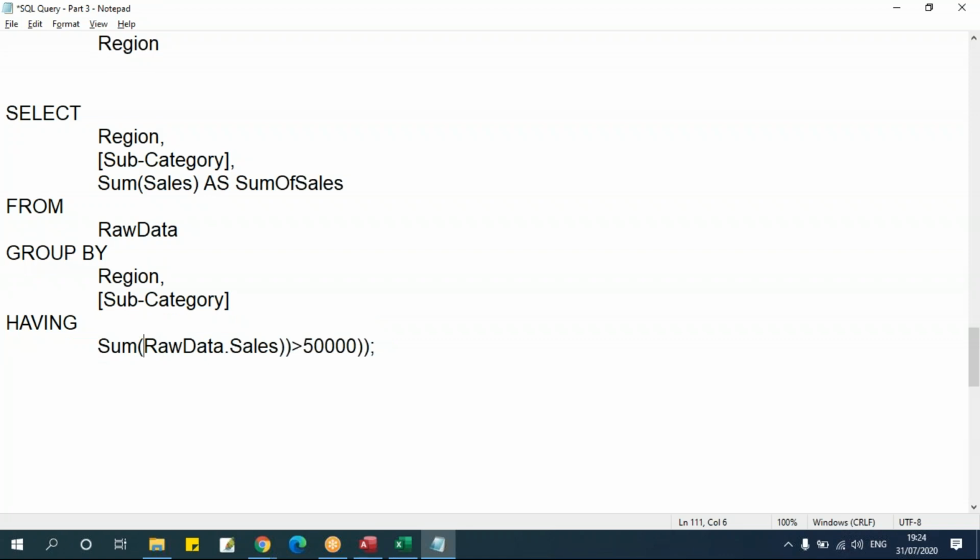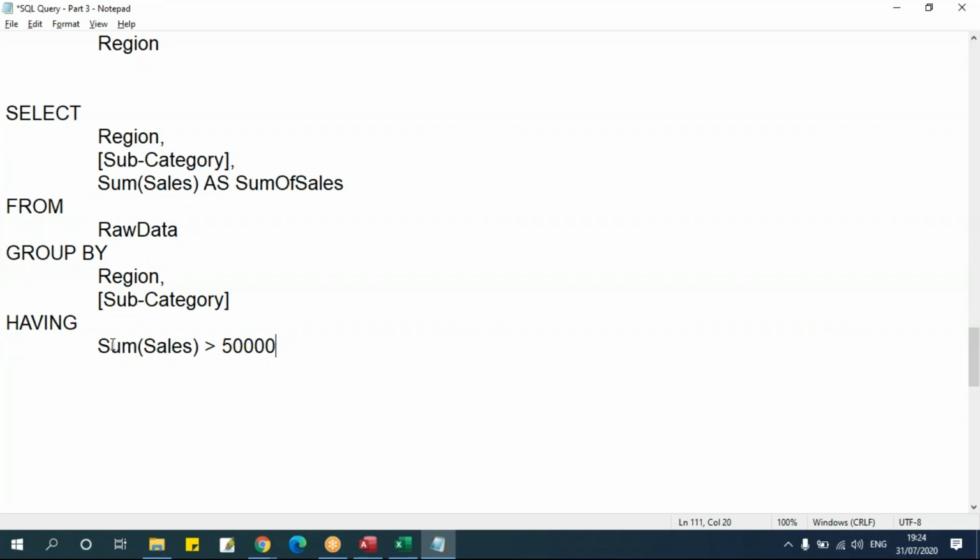So this condition, whatever I'm applying, is based on the group column that we have taken. So I'm just cleaning it so that it will be easy for us to understand. It says select columns, then sum of the sales column from the table group. You can see that I'm grouping region and subcategory, but when I'm actually filtering, or putting that condition, I'm saying sum of sales is greater than 50,000. I'll be using this having. The reason is we are trying to group.